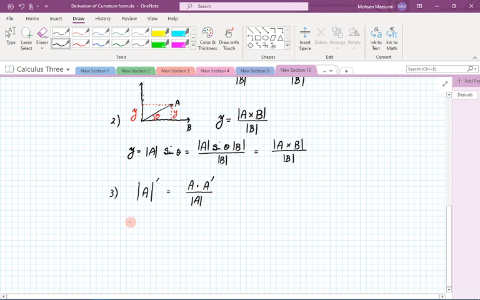Again, this is going to be a repeat of something we have done before. First of all, what is the norm of a vector? Well, of course, that is the dot product of it with itself raised to the power of a half. Now suppose I want to take a derivative of this. So I take a derivative of the right hand side, a dot a to the power of 1/2, and then we have to differentiate this. We just apply derivative rules. The derivative of this expression will be the exponent times